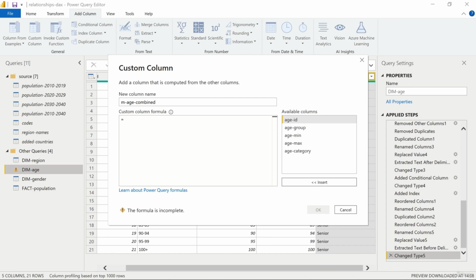So I'll just say that I want to combine two different columns. So I'll select the age group column here via double click. And as you see, the code is automatically added. And now, as we want to combine two different columns, I can simply also select the second one. So for example, the age category, and instead of the double click I just did for the age group, you can simply select the column right here and press insert. Then this is also added to the custom column formula window here. Now, with this in place, we added some very basic M language code, so to say here. And by clicking OK,